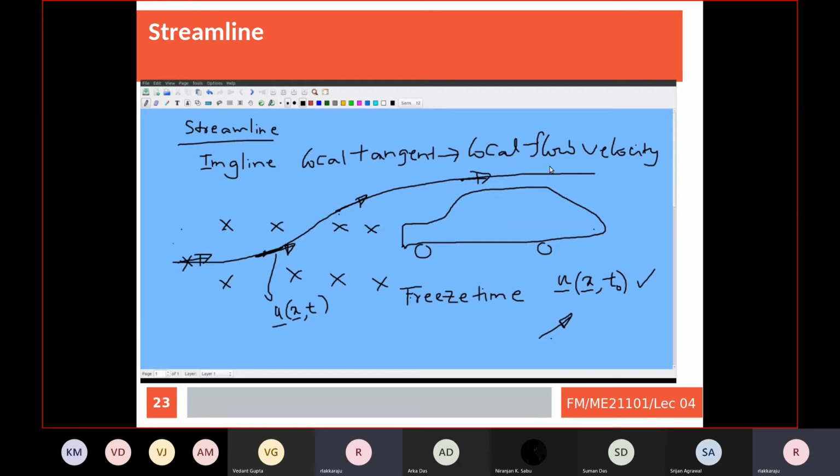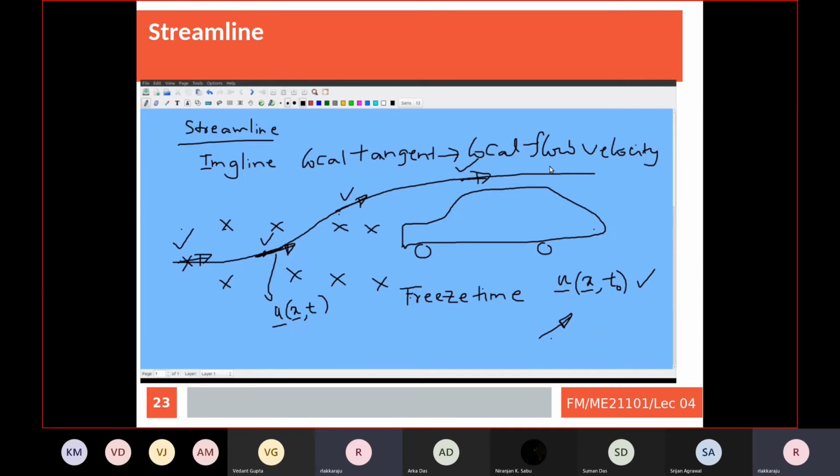And all these measurements one has to do at the same time. Though the positions are different, you have to freeze time. From that curve, if you take the tangent, you get this velocity. Streamlines are used to solve equations for math problems. In reality, you do not have any streamline. It's just an imaginary curve. That never exists. So the pictures, whatever on automobiles we see, smoke is moving and so on, these are basically